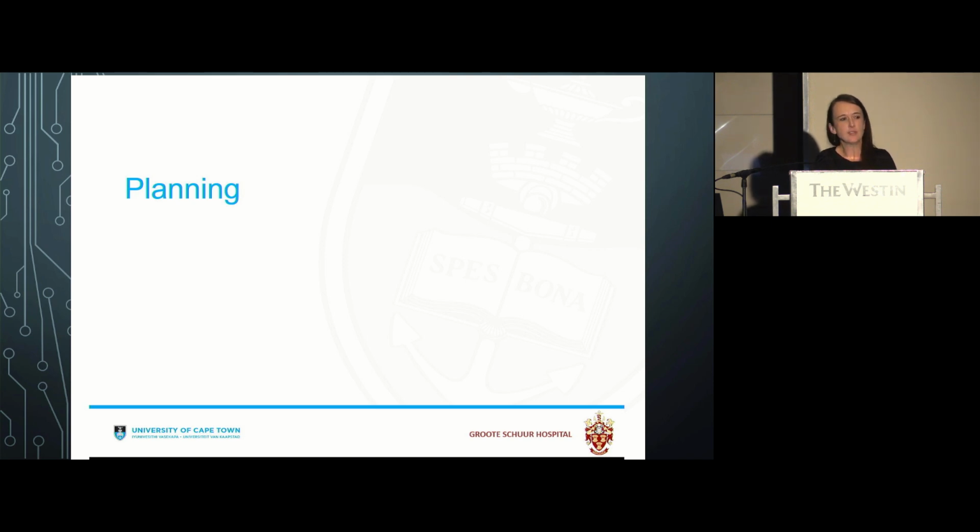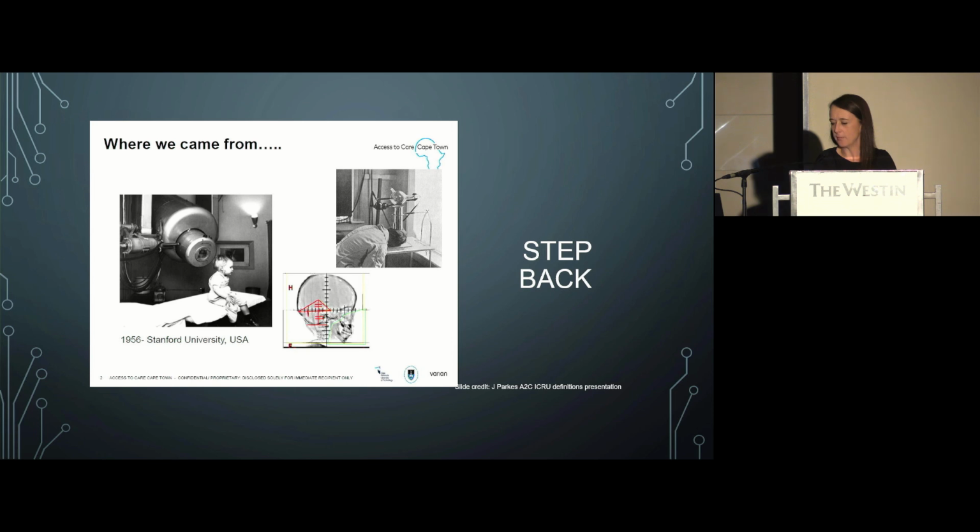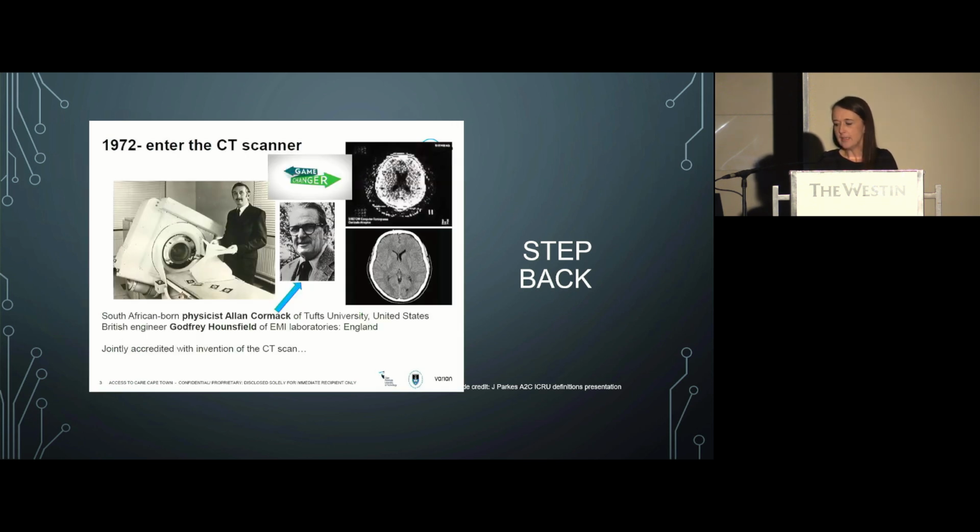So if we then have this image set acquired from the patient, we then look at the planning process. So this is just a reminder of where radiotherapy came from. So in the beginning, you probably didn't need as much imaging. The radiation beam was directed at the outside of the patient and then the beam was shaped just to a certain size. When the CT scanner was added, and I feel I have to mention here that Alan Cormack was a UCT trained physicist and South African born,